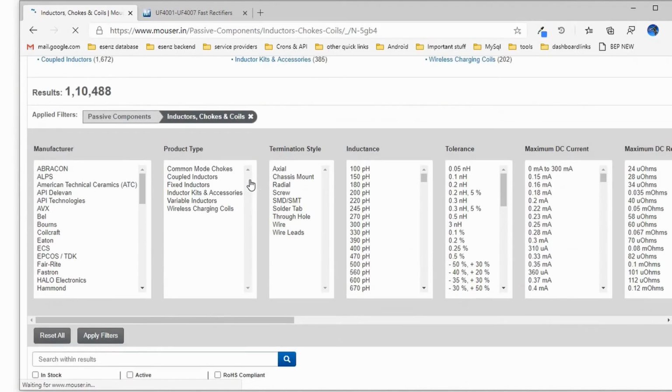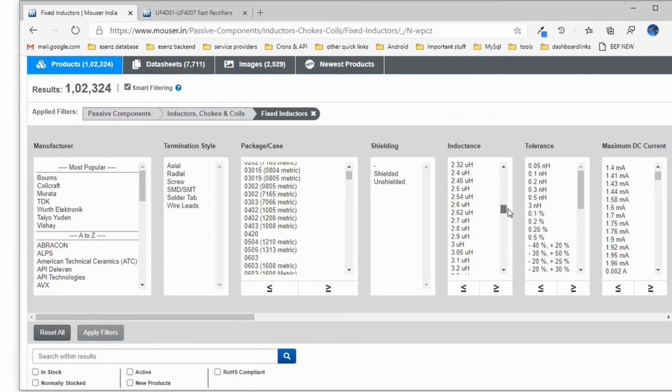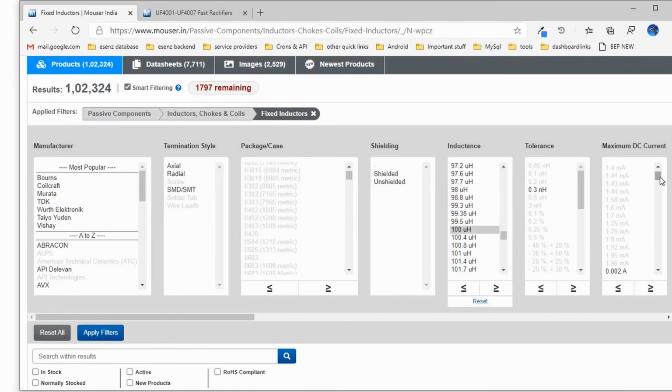There are a lot of filters here. You can choose which kind, let's use a fixed inductor. Let's say 100 microhenry, and we want 1 amps. So 1 amps. You can apply the filter.